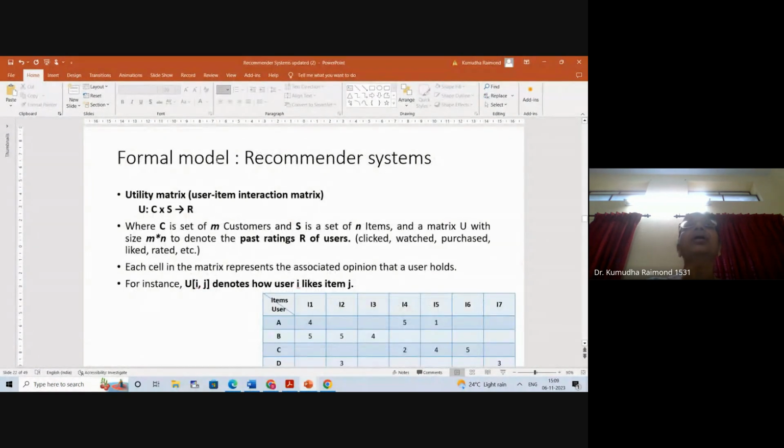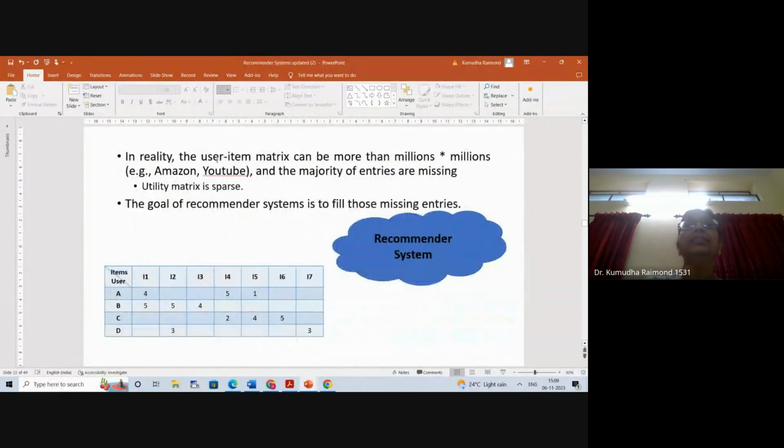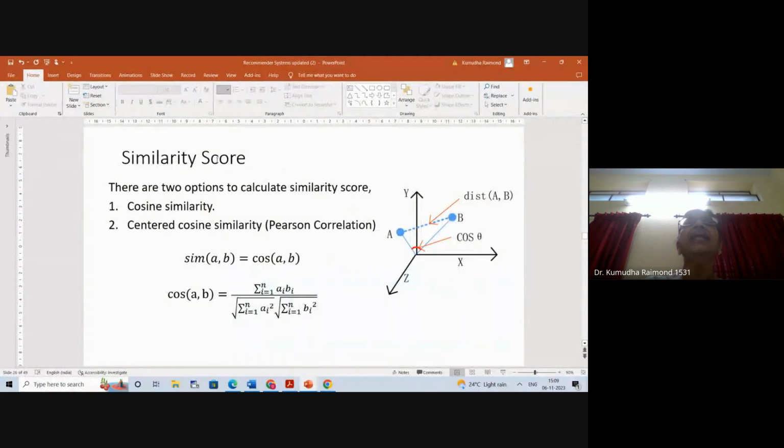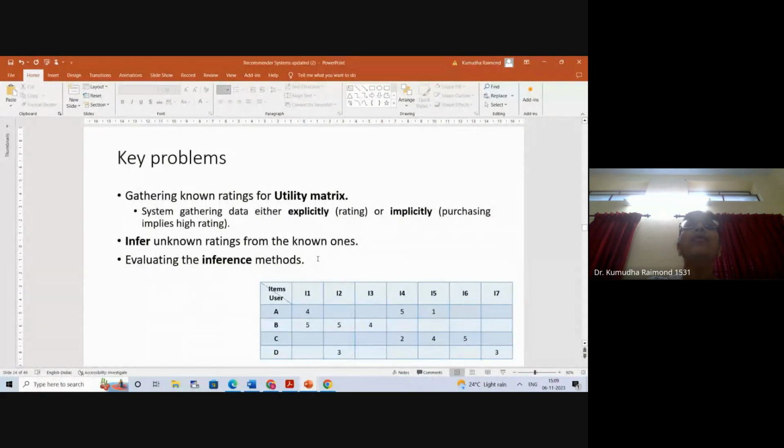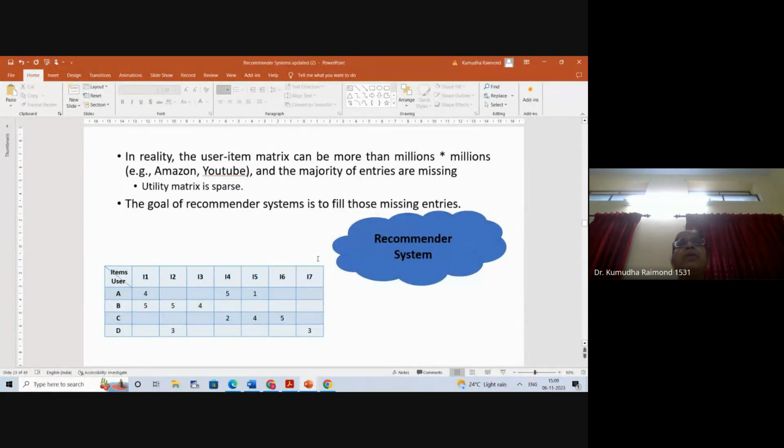Okay, now there is a measure called the cosine similarity measure that will help us. For example, you can see here, it is called the cosine similarity measure. This particular formula is the one which will help us find the similar items or the similar users. Okay, so for which you need to fill up